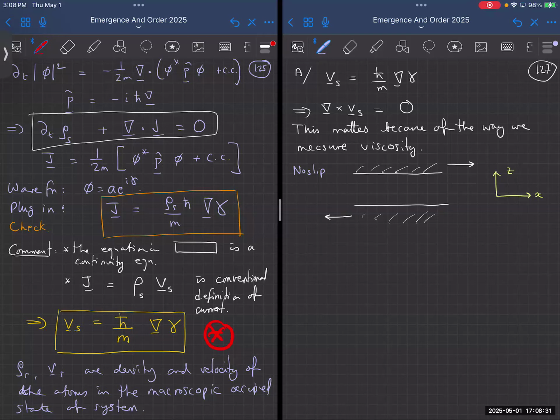So we can imagine then what the velocity profile is going to look like. The velocity over here at the top, that bit of fluid is going to be moving with the speed of the actual boundary itself. And then gradually over here, the atoms are going to be moving with this boundary. So what's going to happen in between? Well, you can fill in the gaps. You're going to get something that looks like this. I haven't drawn it very well, but something that's going to look like that. That's going to be the velocity of the system. Okay, so that's what it looks like.